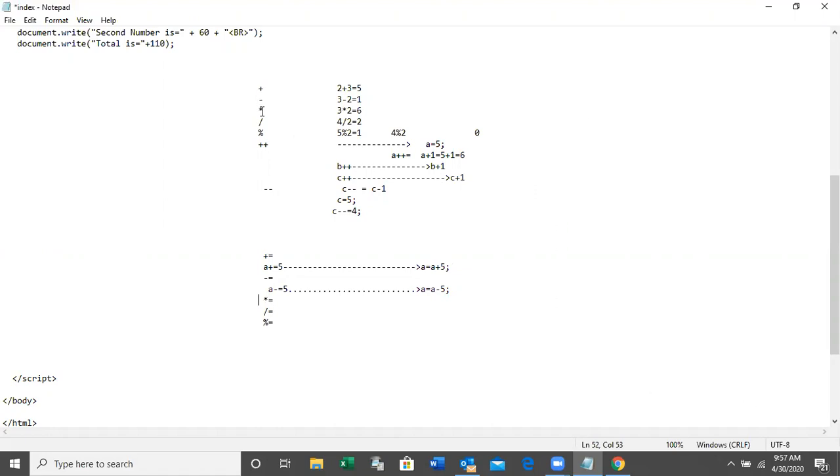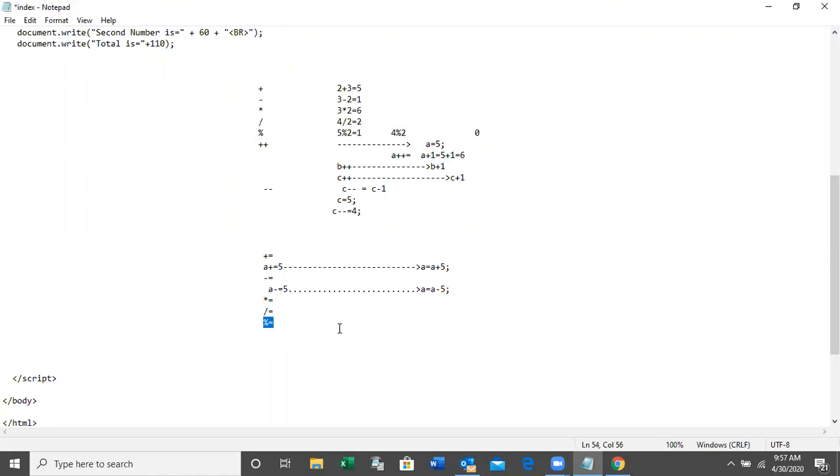Plus, minus, multiplication, division, modulation, plus plus, minus minus, that means increment operator, decrement operator, plus equal, minus equal, multiplication equal, division equal, modulation equal, right?